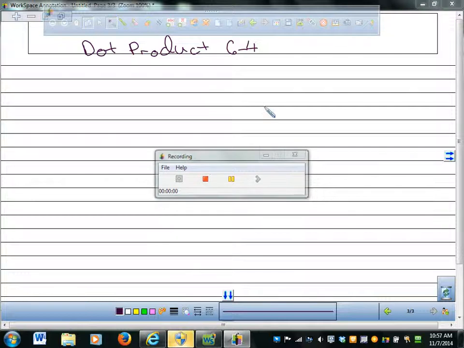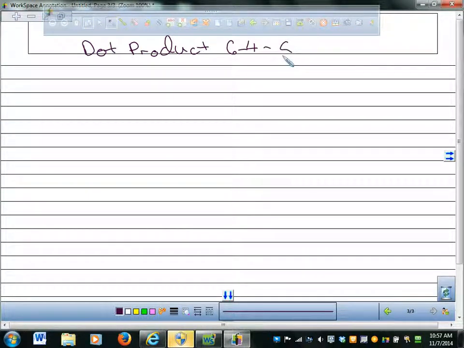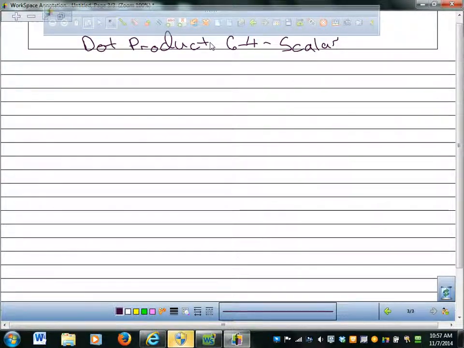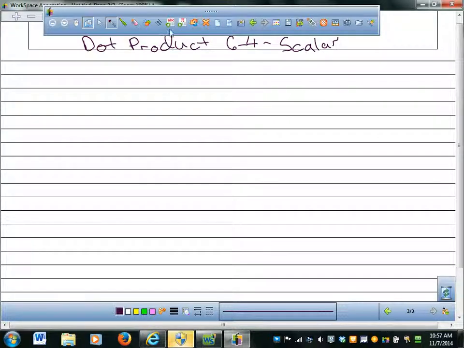What the dot product is: it's a scalar quantity, and it's one way of multiplying vectors. We will also learn in the next section about the cross product, which returns something different. There's the dot product, and then there's also multiplication by a scalar quantity, which we already did. But the result is not a scalar, right? If you take a vector and multiply by a scalar, you get another vector. But if you take two vectors and you find the dot product, you end up with a scalar, which is